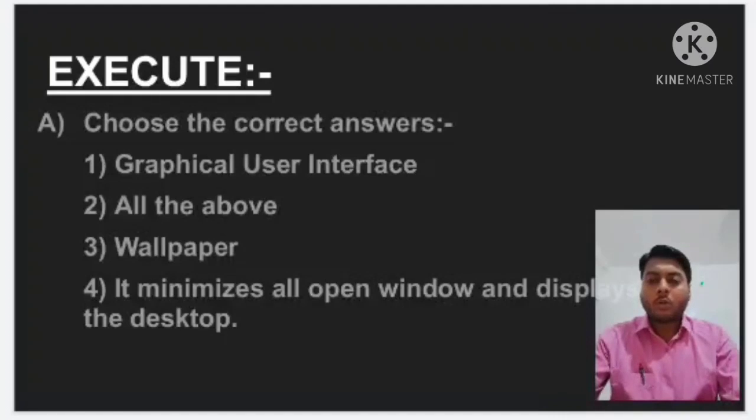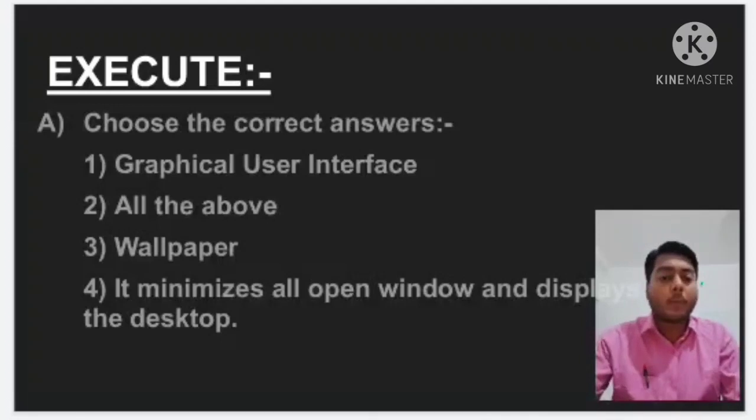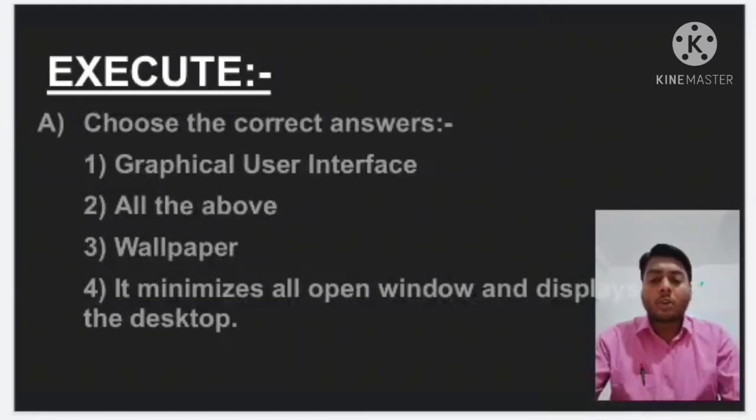Now number 2, which of the following is a function of operating system? This question asks for the correct function of the operating system. Option A, OS enables us to create and manage files and folders to store information on a computer efficiently. Yes, it is a function of operating system.